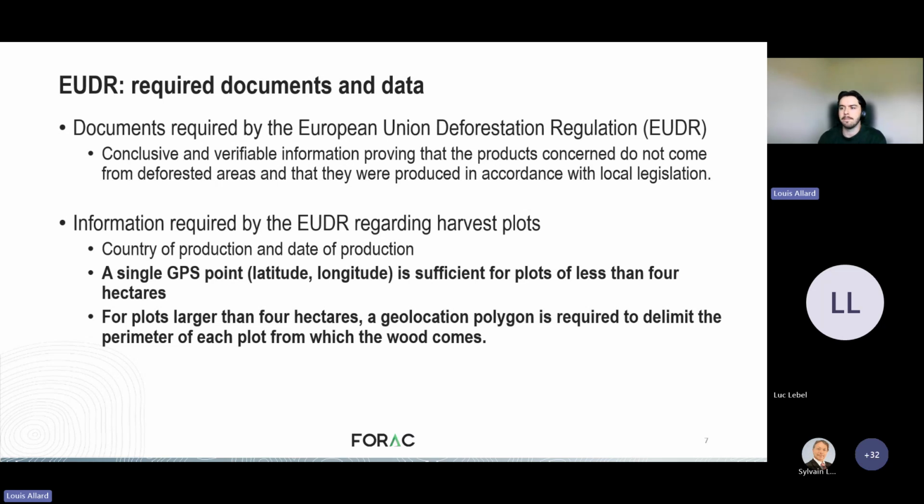The information that's needed by EUDR is quite simple as far as geolocation goes. There needs to be the country of production and date of production identified. The EUDR system also needs a single GPS point, which is sufficient for plots of less than 4 hectares. If it's more than 4 hectares, there has to be a polygon that delimits the perimeter of each plot, and this data that is submitted to the EU system has to be submitted in a